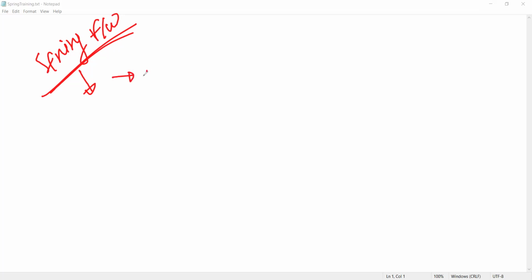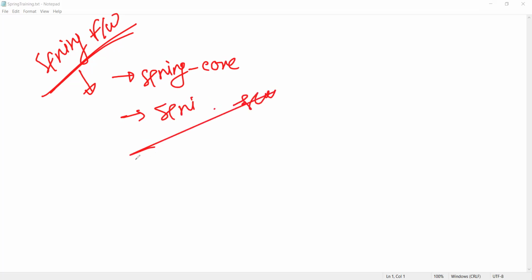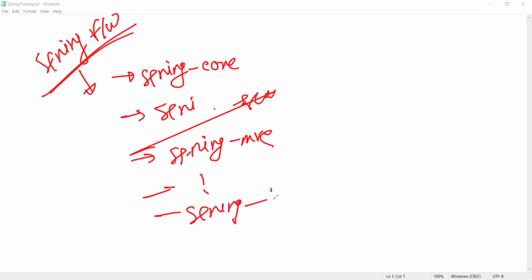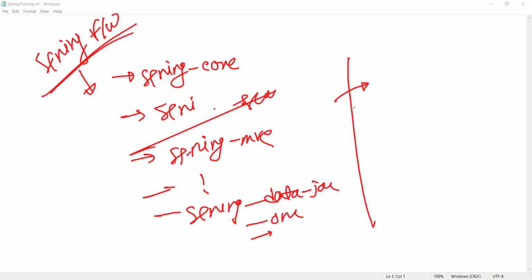There are multiple modules like Spring Core, Spring Security, Spring Web, Spring Web MVC, Spring Data, Spring Context, JPA, Spring AI, Spring Data JPA, Spring ORM, Spring JDBC. Let me show this practically also.